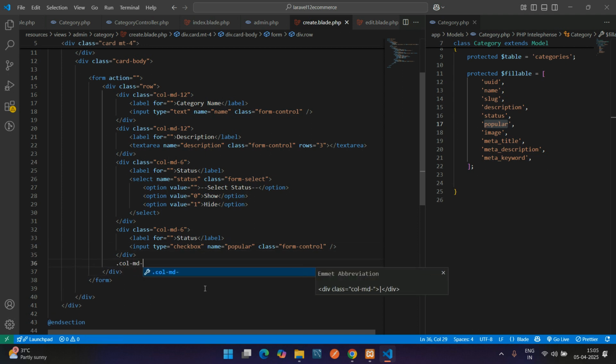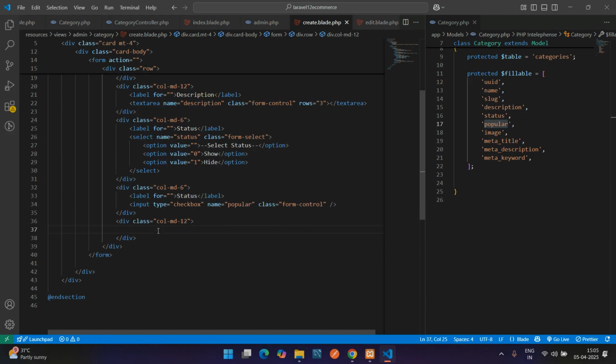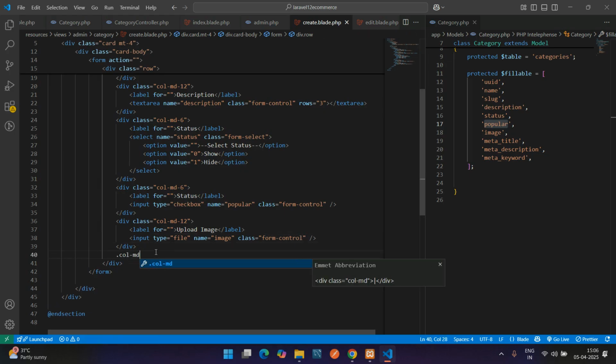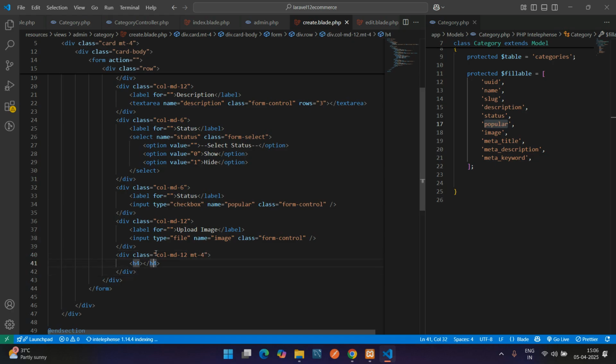and again add a column 12 for the image label, upload image, input field, which is going to be a file type, name of this file will be image, and give a class form-control. Again, let's design with the SEO tags. So I'll just add one heading here and margin top 4, SEO details,